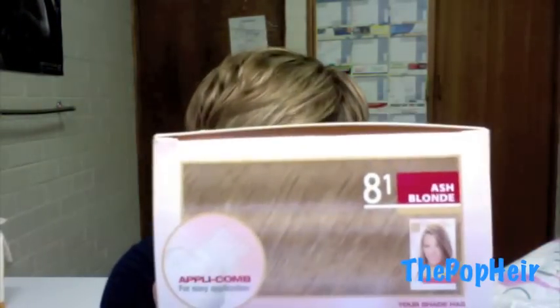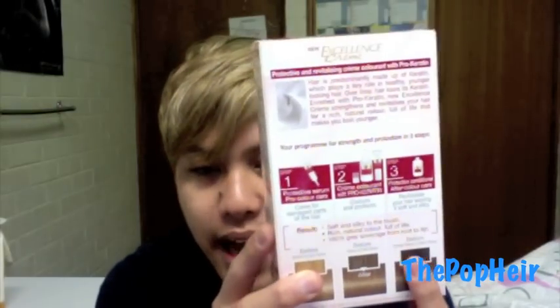So okay, let's get started with the actual hair dye. I naturally have black hair, so in order for me to get to a nice medium brown shade, I needed to go a little bit higher. So I got this one from L'Oreal, and this is how it looks in the box. Obviously my hair will never go that colour unless I bleach it and then put this on. So my hair started out from that black shade,